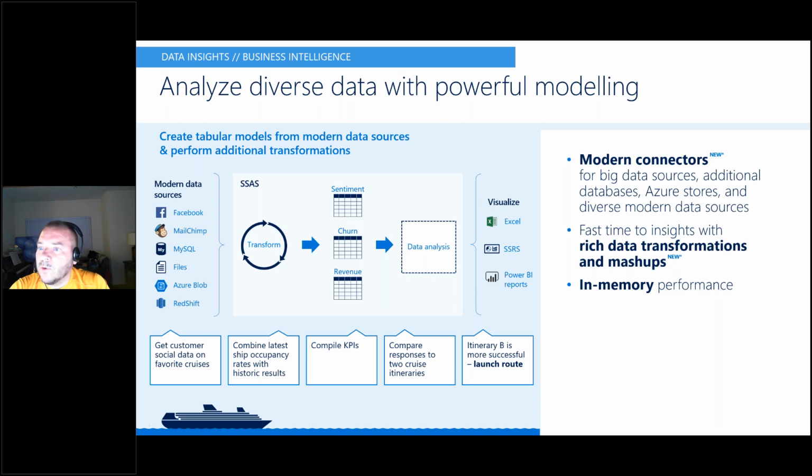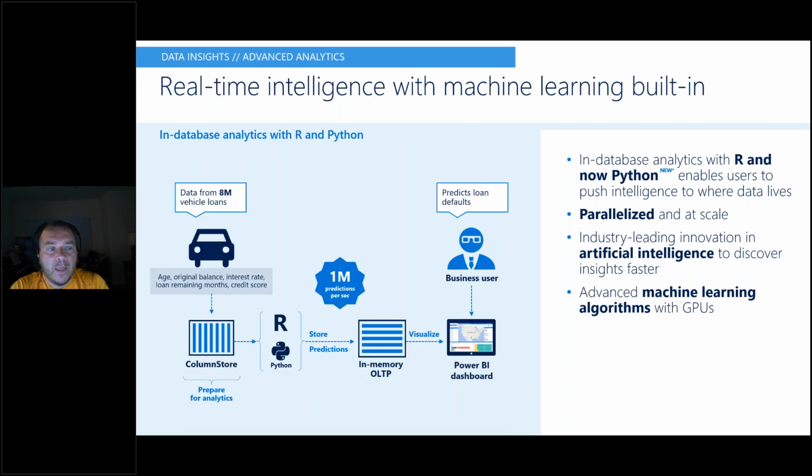You can then transform all the data coming from these sources into in-memory tables in the tabular model, and then do visualization using your favorite tool like SSRS or Power BI. Tabular mode is definitely something that most new customers are implementing, because it gives the in-memory performance that traditional OLAP cubes don't have. So it is much faster.